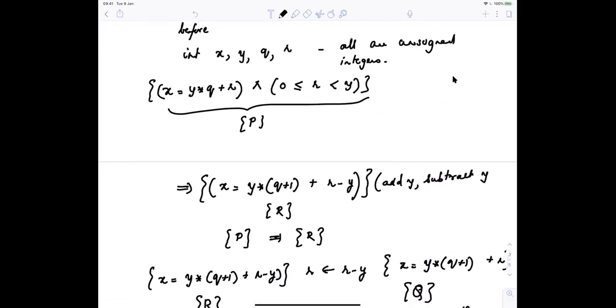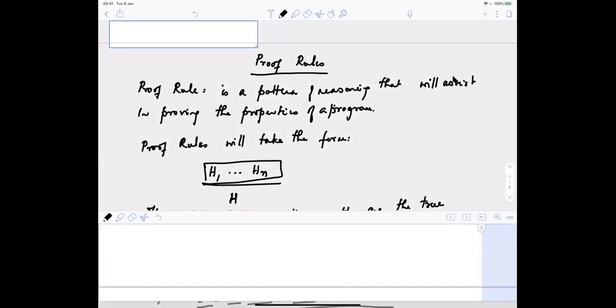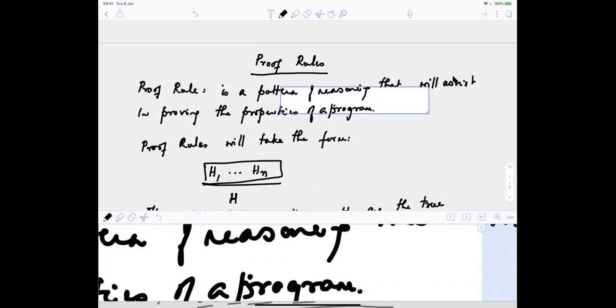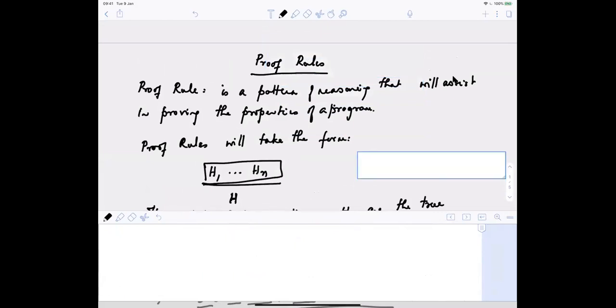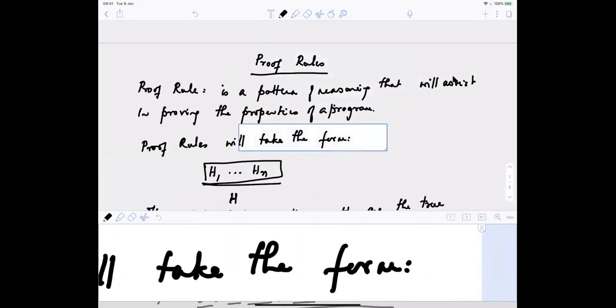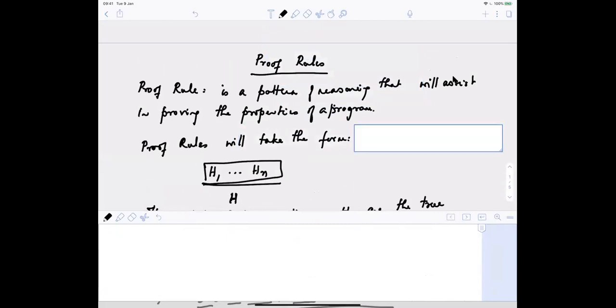I'm simply using the, what am I doing over here? I'm essentially, okay, what we're doing over here is the following, that